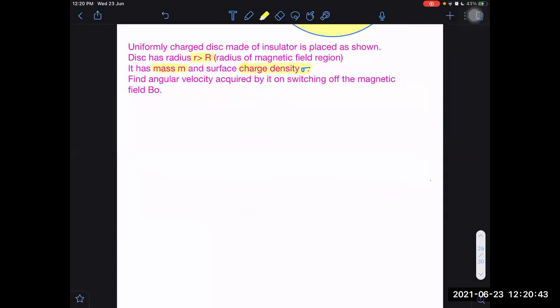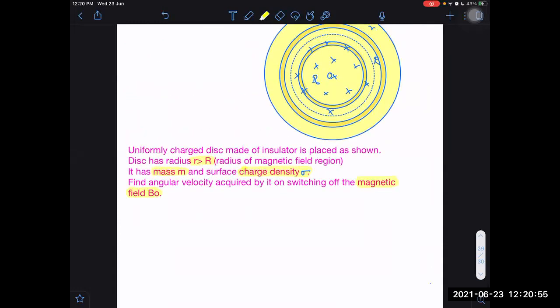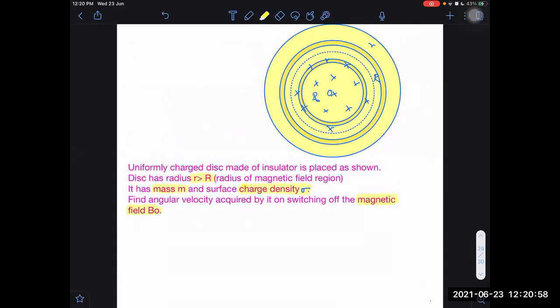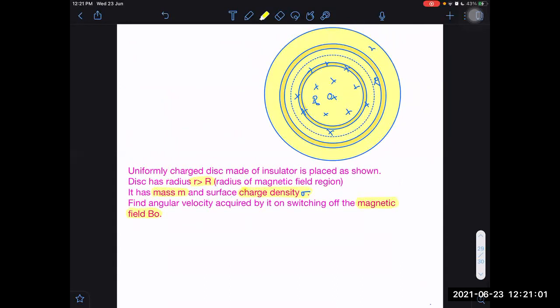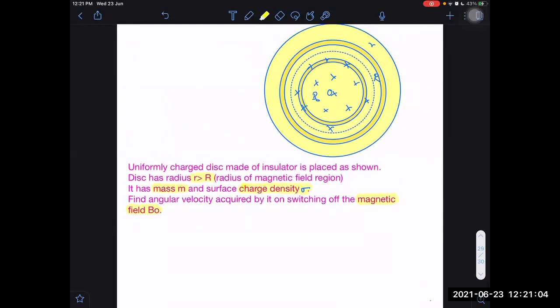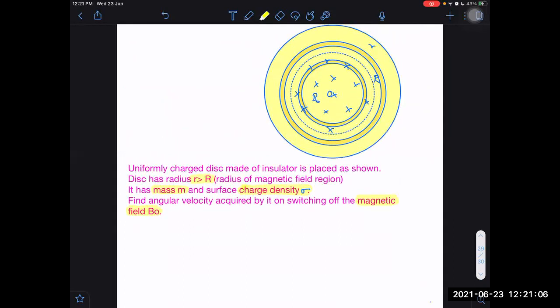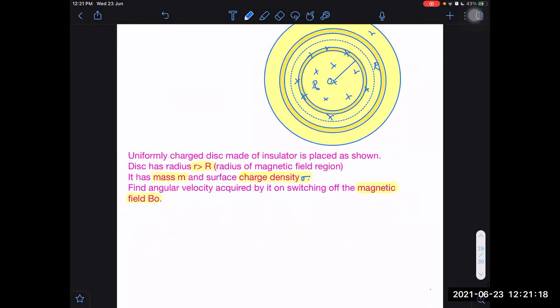Here we are having two variables now, sir. Two variables, more unknowns. R is one unknown and B is also one unknown. Radius of the disk is given to you. When we are taking inside, we take an element of thickness dr, so area means 2 pi r into dr. And B is changing, no, sir? No, B is changing instantaneously, abruptly, momentarily, quickly.